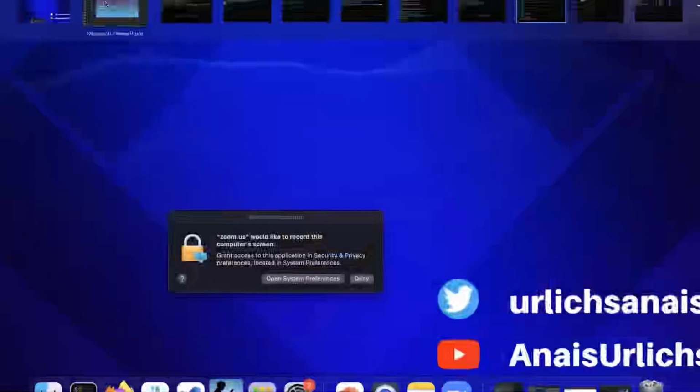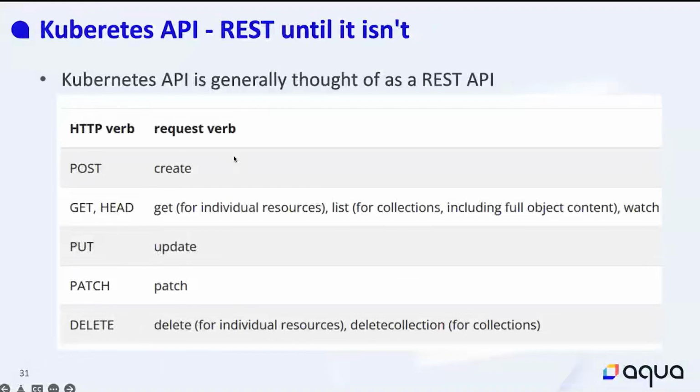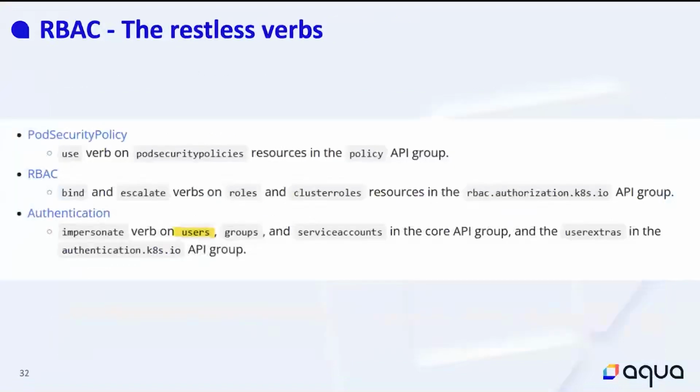Okay, so the last thing that we're going to cover is that Kubernetes ultimately follows a REST API structure, but for parts of it, let's say. Here, these are the parts that are generally thought of as REST API, the different changes that you can make to resources. However, within RBAC, we have RESTless verbs. That's not part of it. I'm just skimming over it because I know I have like 10 minutes left and I want to have some time for questions. But Kubernetes itself doesn't have an understanding of users. RBAC has a person that works on users and groups.